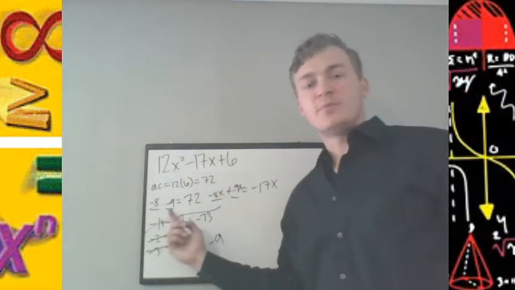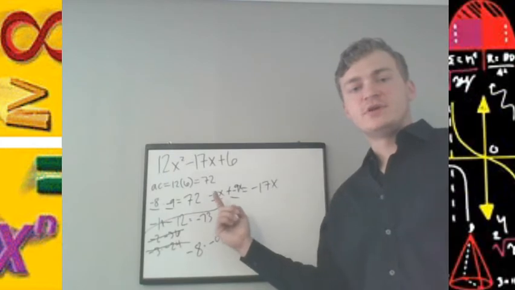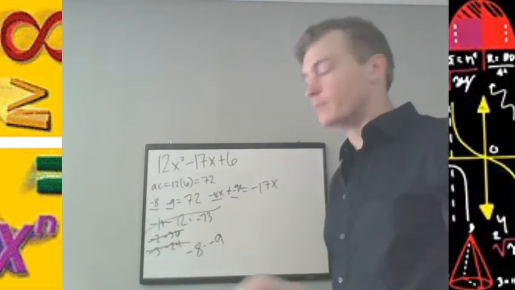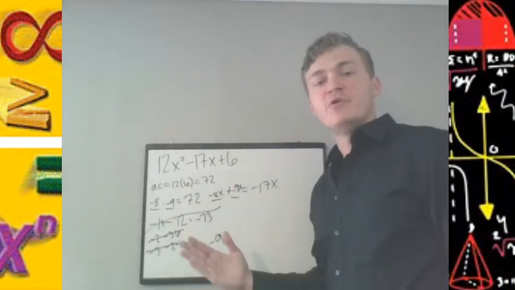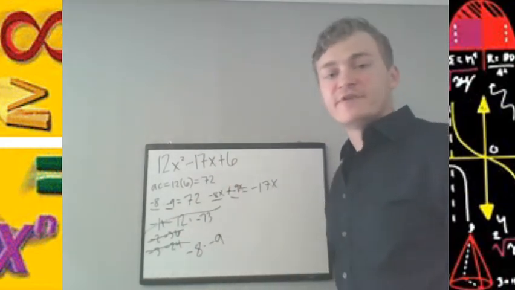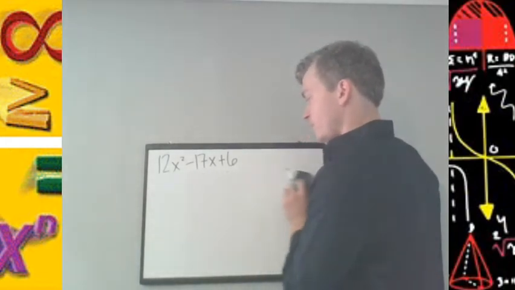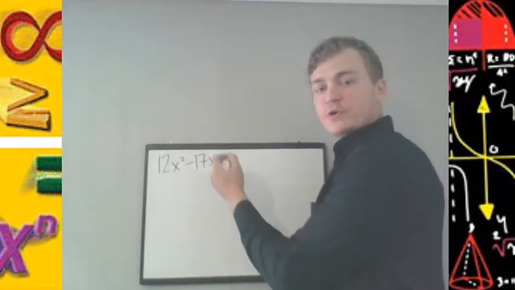Negative 8 multiplied by negative 9 gives positive 72. Negative 8x combined with negative 9x will give us negative 17x, which is our middle term. So we found our two integers, and we can move forward, guaranteeing that we can factor this trinomial. Using the negative 8 and negative 9 to rewrite the middle term,